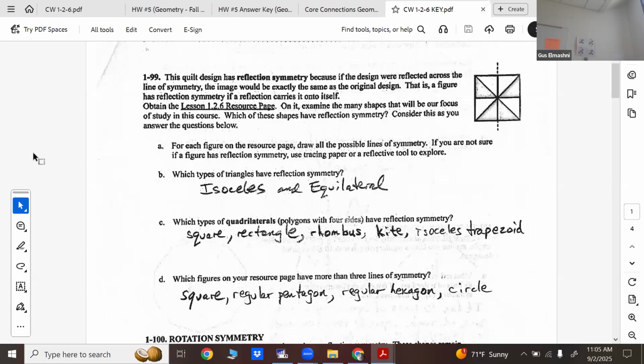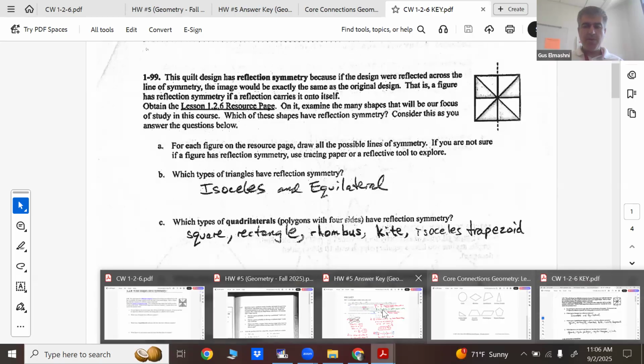More than 3 lines of symmetry, yeah, square, regular pentagon, regular hexagon, circle, saw that. That's because you have more than 4 sides where angles are the same. So, okay. We're cool with that. All right, so now move on to